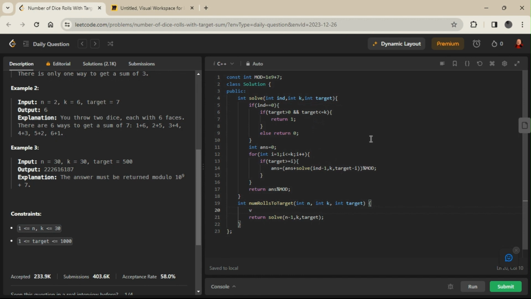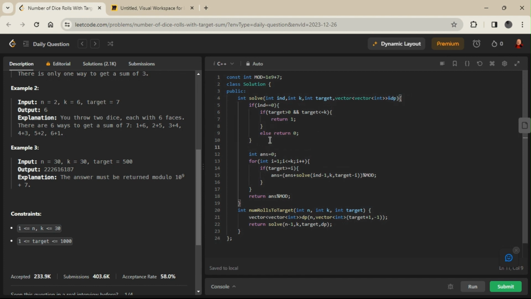What we do here is declare a 2D vector, vector of vector of int dp, of size n, and another vector of int of size target plus 1, and we initialize each and every value to minus 1. We pass this dp to our solve function by reference.